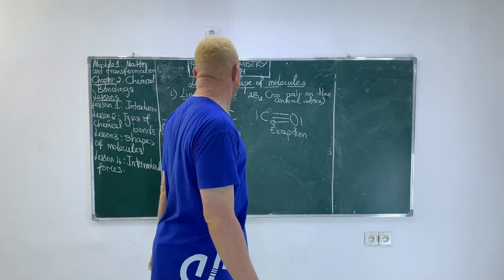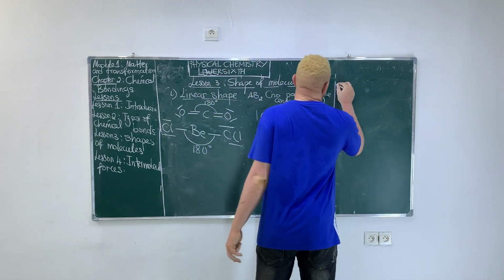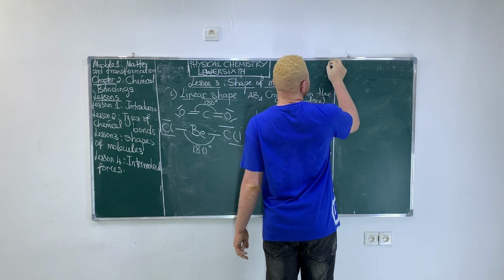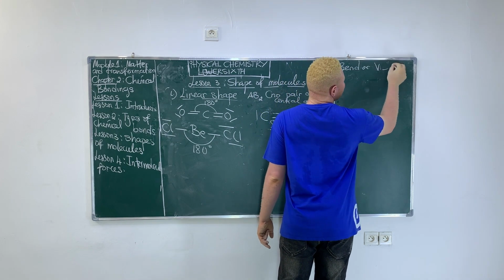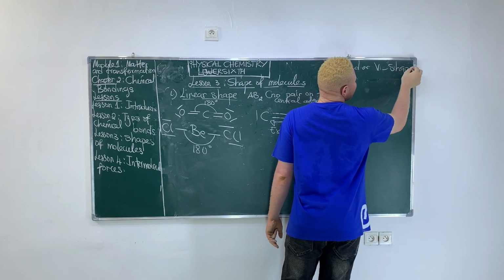So Roman 2 now, we're going to see bent or V shape. So let's take a typical